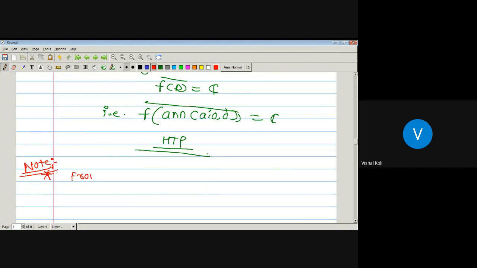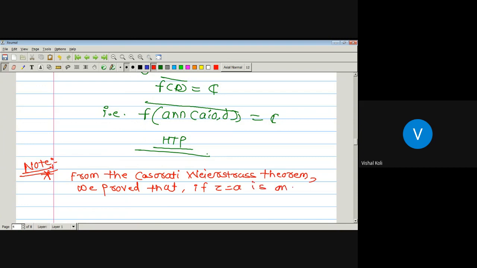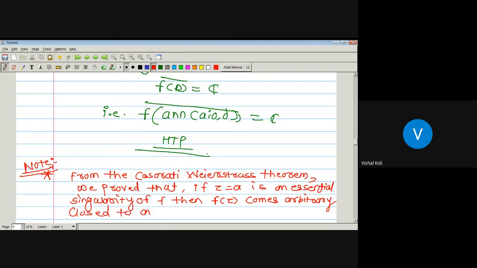From the Casorati-Weierstrass theorem, we proved that if z equal to a is an essential singularity of a function f, then f of z comes arbitrarily close to any complex number